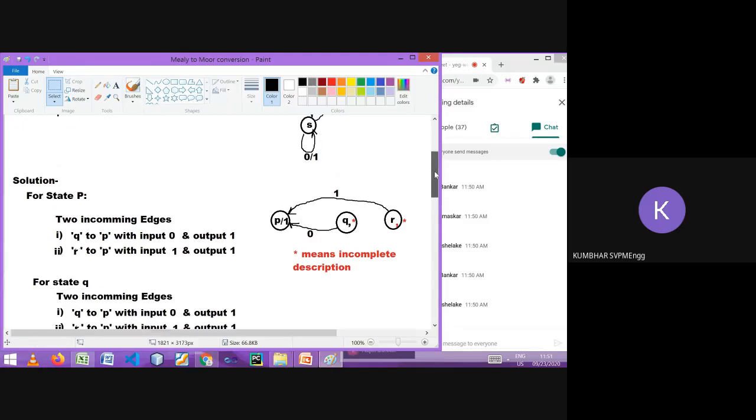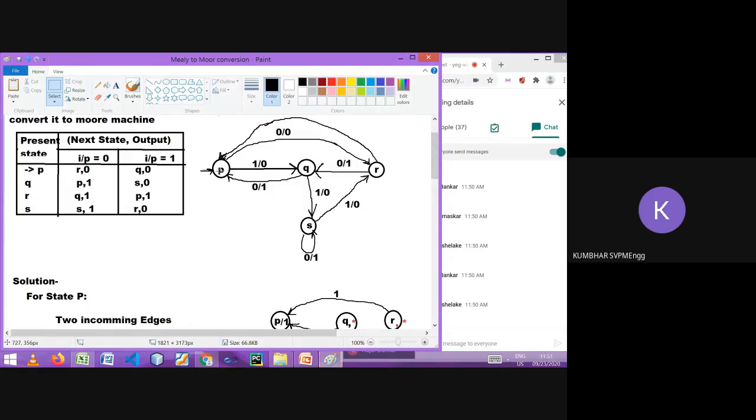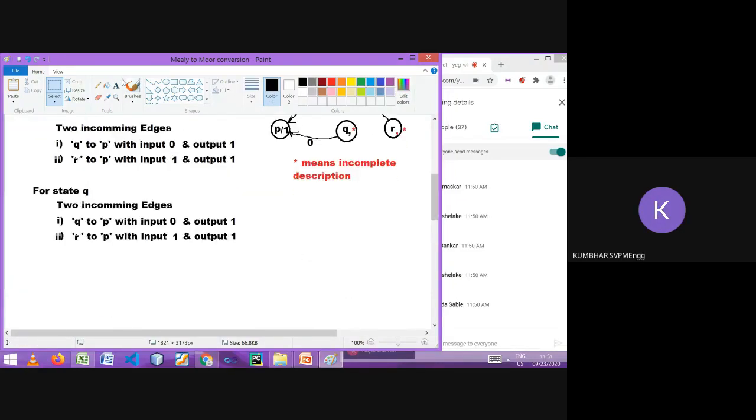Tell me, the first incoming edge is from P, input 1 to Q, output 0.